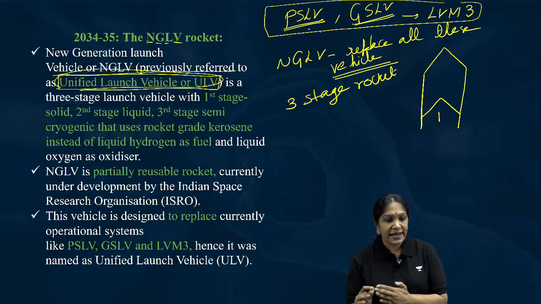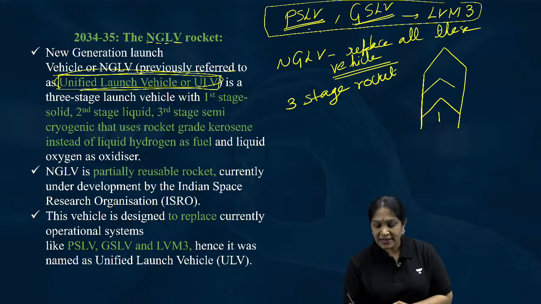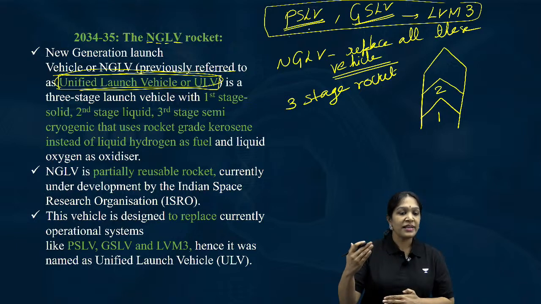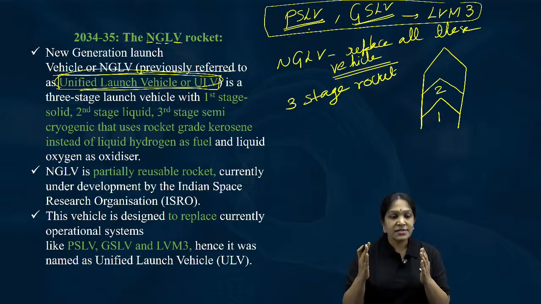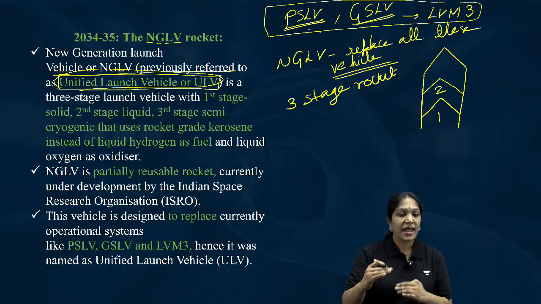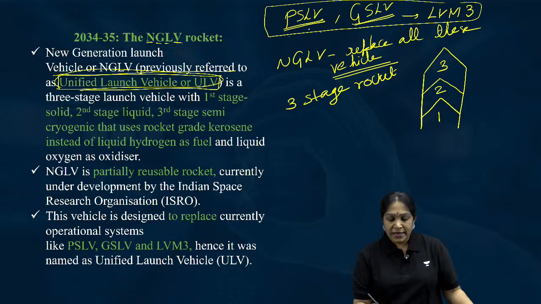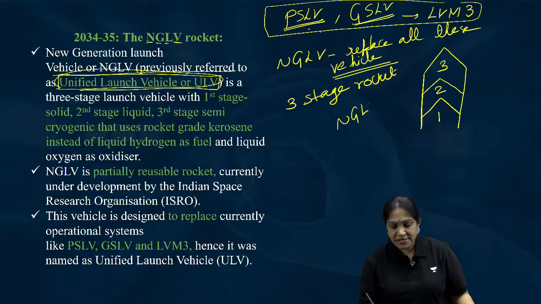It will be completely burnt and then it will ignite stage number 2. Then after traveling a certain distance, stage 2 will be burnt and then it will ignite stage number 3. In the NGLV, which was previously called the Unified Launch Vehicle,